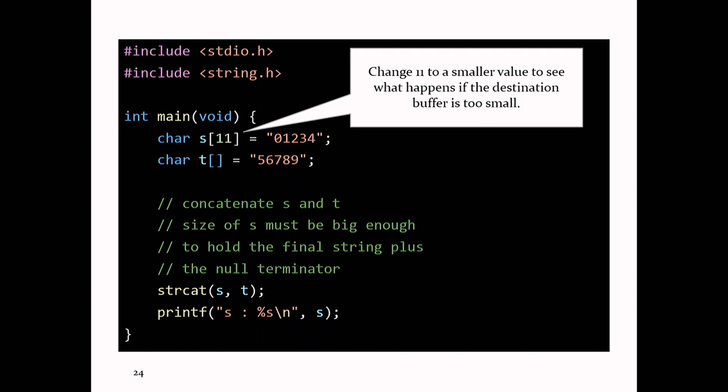Until you change that 11 to something smaller. As soon as you change that 11 to something smaller, the null terminator doesn't get copied in properly. The null terminator gets copied, it just doesn't get copied into the array s. So, for example,